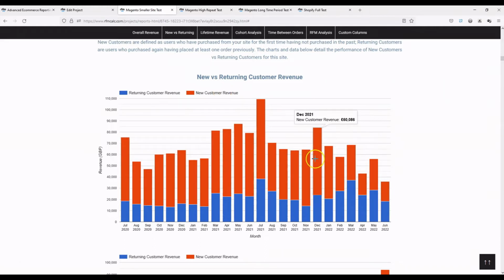And you can see it's really easy, just hover over. This is a UK site, so the revenue's in GBP. Obviously, RFM Calc supports all world currencies. And you can just see over time in a really visual way how the new versus returning mix is changing